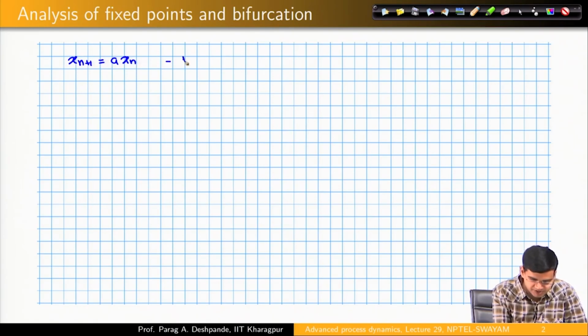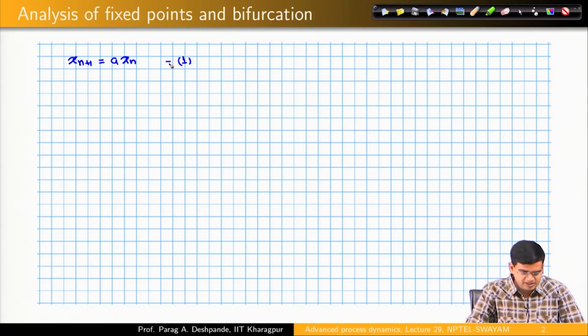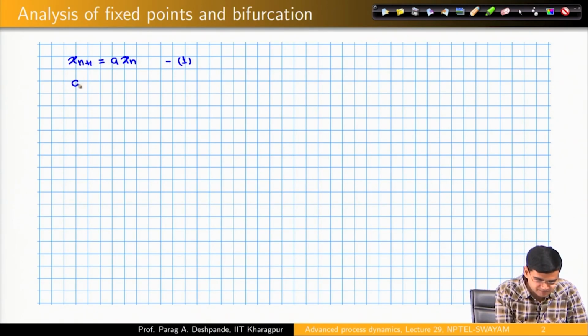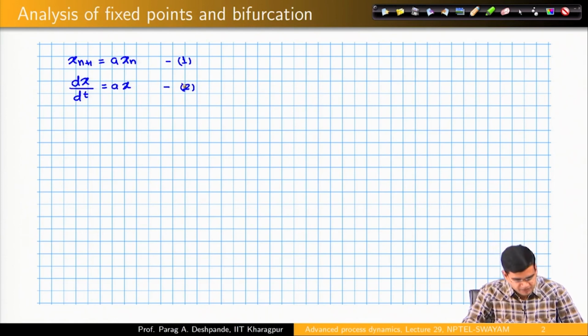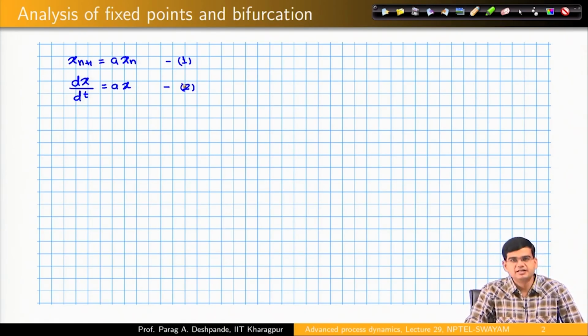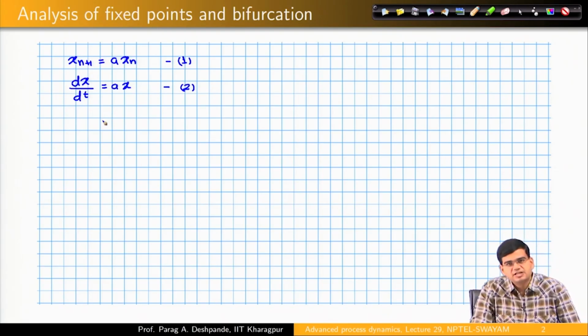This was our dynamical equation, and we saw that this equation qualitatively gave the same behavior as the equation dx by dt is equal to a x. So, does this mean that equation 1 is the discrete analog of equation 2? We can establish that. So, to establish that, let us consider equation number 2, dx by dt is equal to